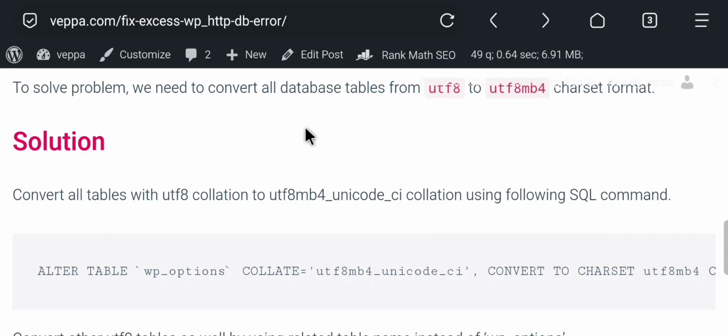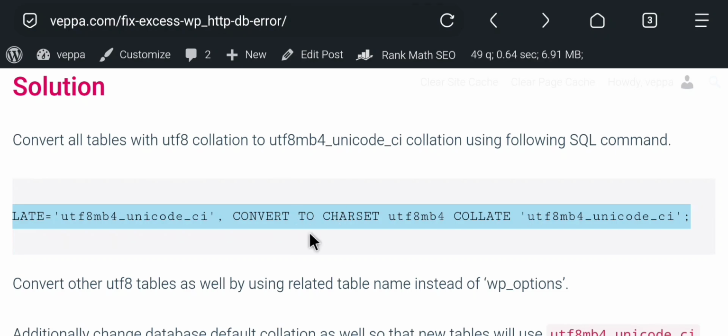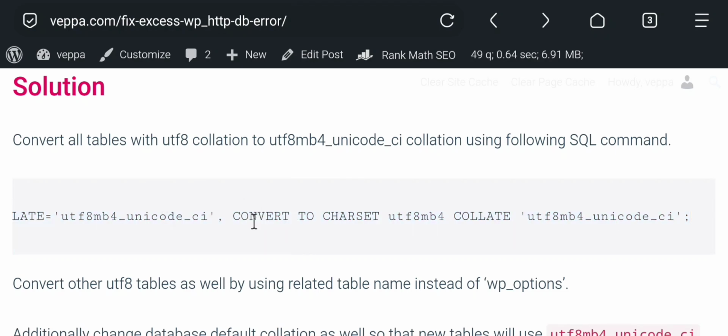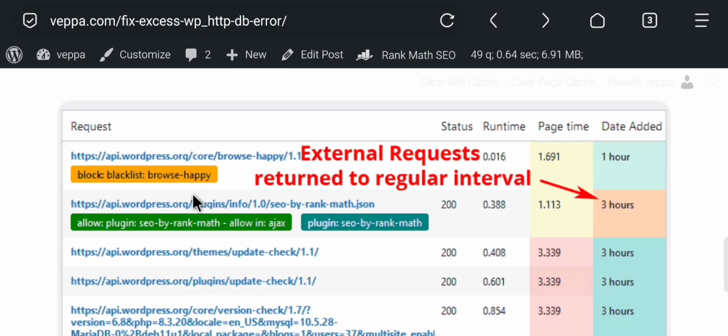So here is the solution. I ran this code for all tables one by one that had UTF-8 characters. I converted them to the utf8mb4 character type. Copied this code and repeated this to convert all other tables as well. And after converting all database tables,